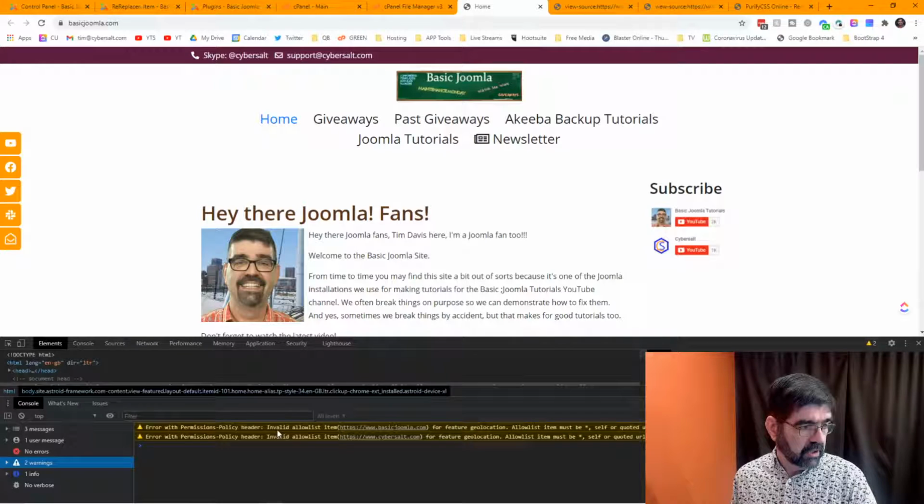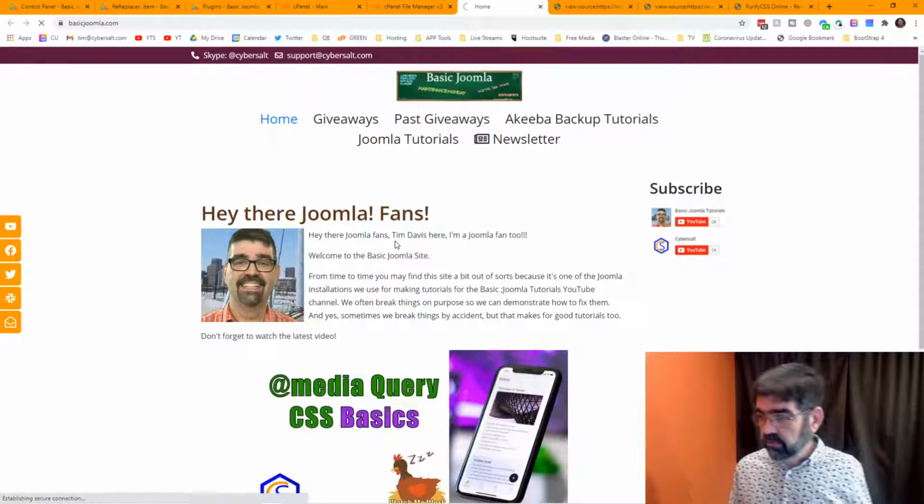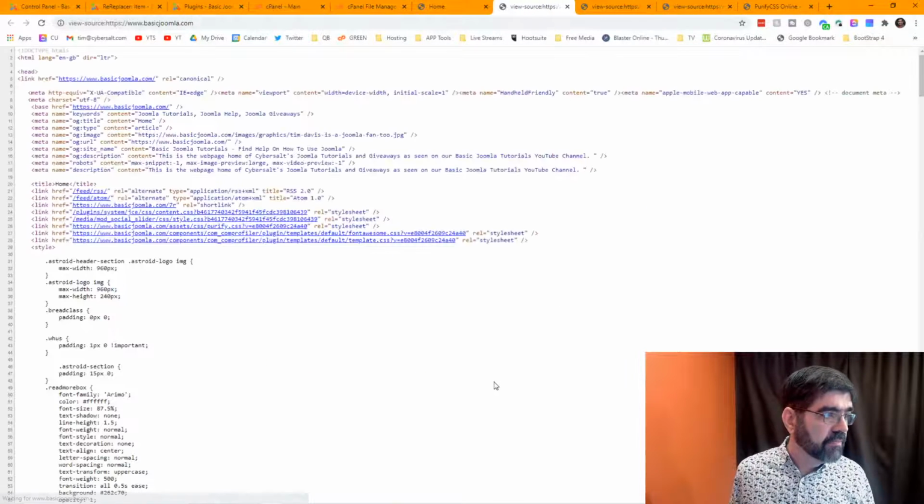Error with permission policy. Invalid allow list item. Basic Joomla.com. Oh, this is something to do with my permissions policy header. All right. Well, I'll take a look at that another time. So we'll refresh this page. We're going to right-click and view the page source. And now we have